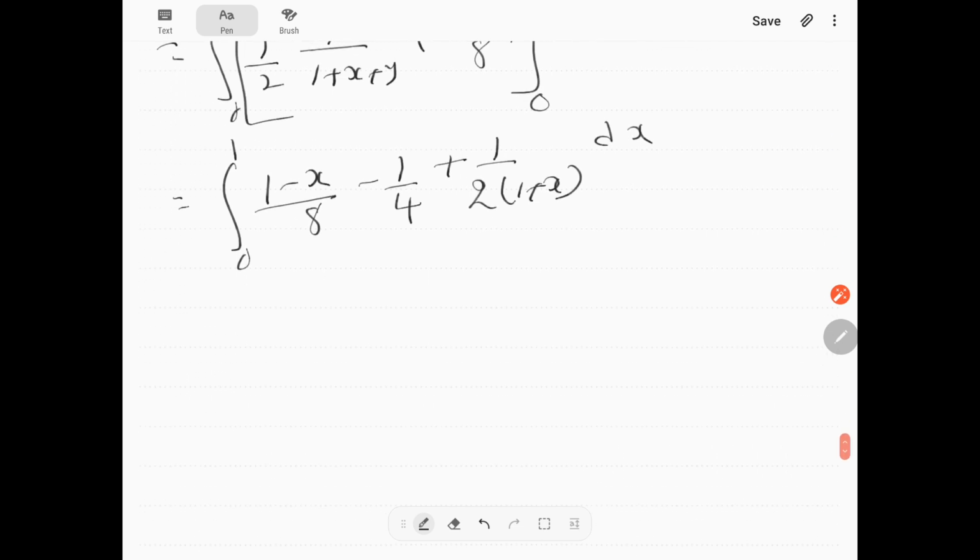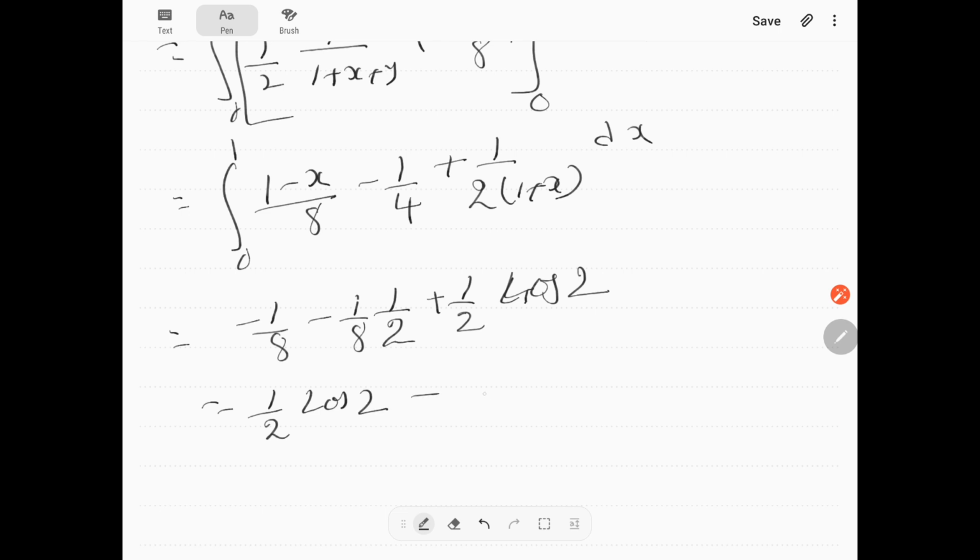And we need to integrate it. This is 1 by 8 minus 1 by 4. 1 by 8 minus 1 by 4 is minus 1 by 8. So minus 1 by 8 into x, if I substitute the limits, 1. And here minus 1 by 8 into the integral of x is x square by 2. If I substitute the limits, 1 by 2. And this I already combined with it. And plus half of the integral of 1 by (1 plus x) is log (1 plus x). If I substitute the limits, it is log 2. So this is 1 by 2 log 2